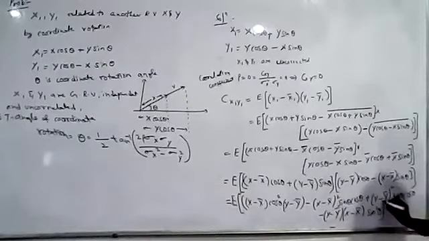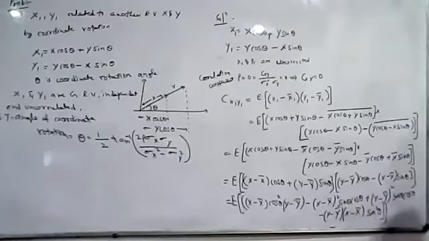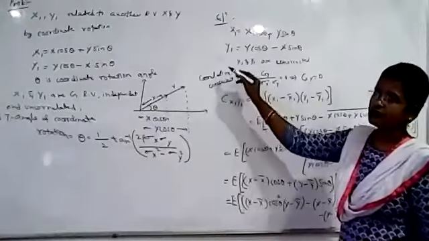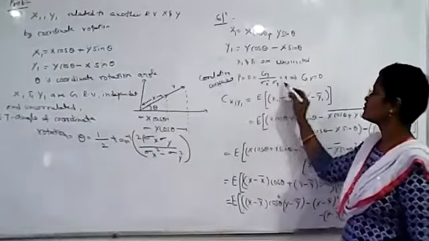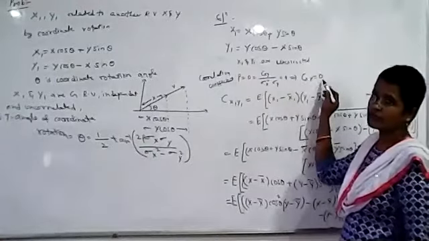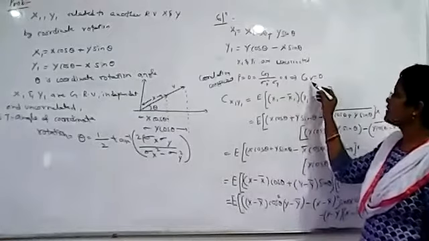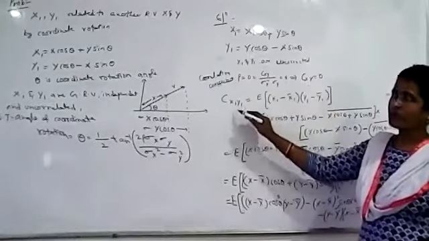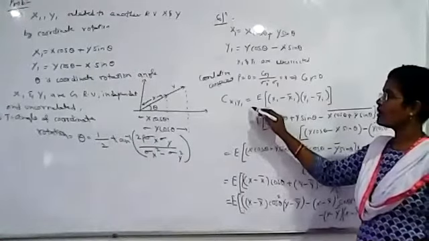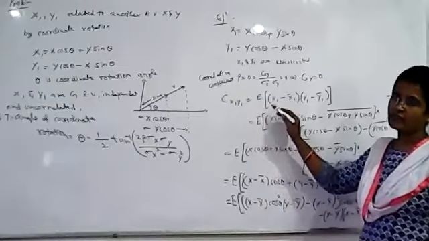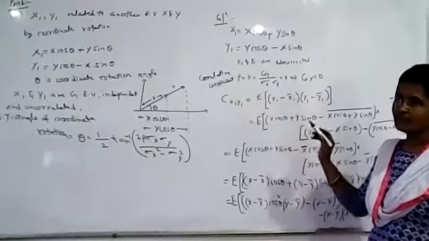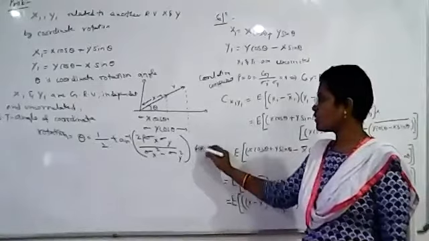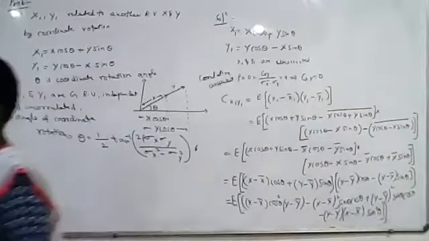Okay. So what did we do here? It is given that x1 and y1 are Gaussian random variables and these are also uncorrelated. Since these are uncorrelated, what is the correlation coefficient? The correlation coefficient will be 0. So the covariance is 0. That is why we are first finding the covariance of x1, y1. Since x1, y1 are uncorrelated, we equate the covariance to 0 so that we get the angle theta and show that the angle is equal to this value. That is the procedure we are following here.